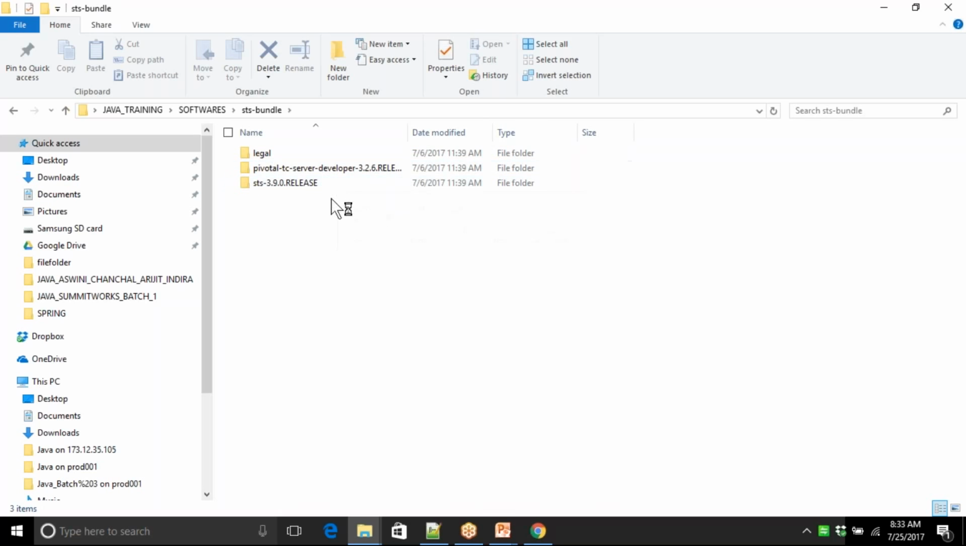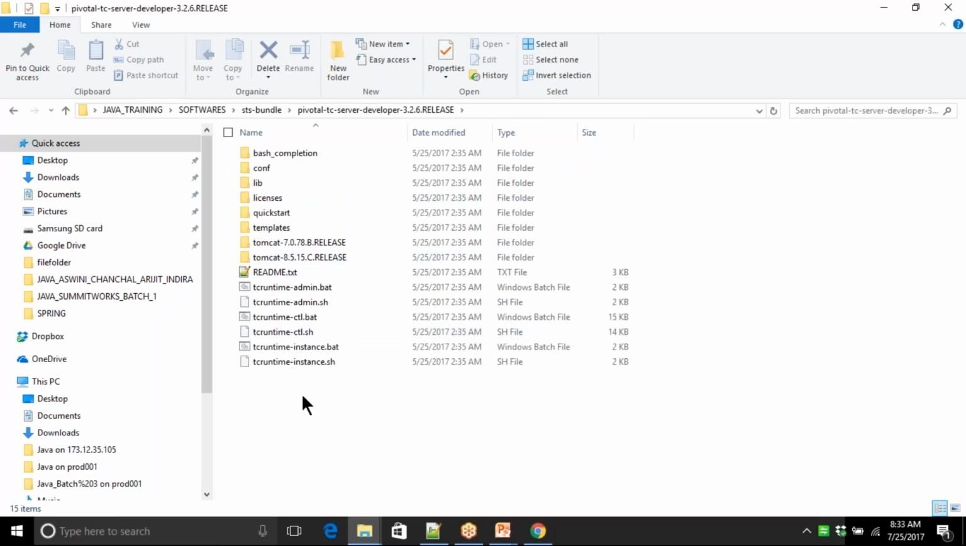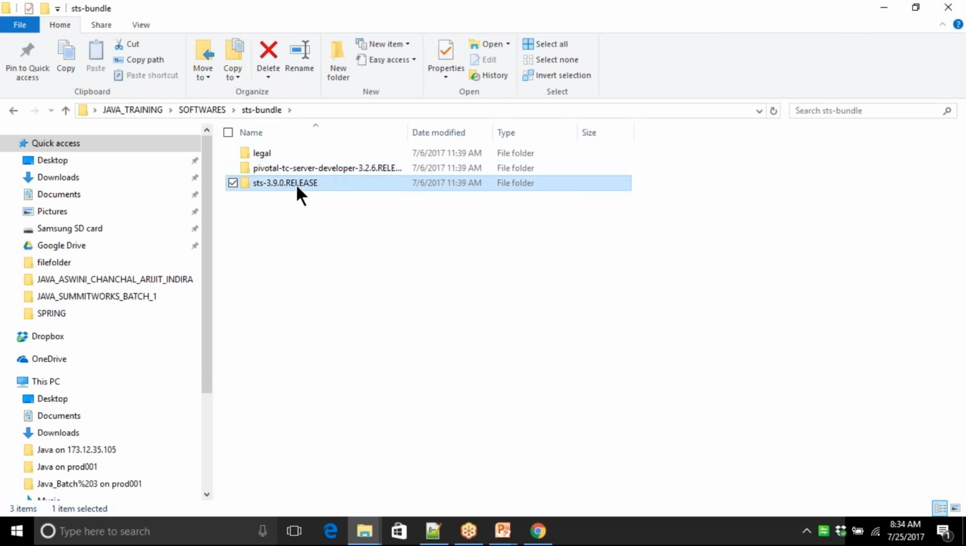legal, pivotal, and some others. It comes with the built-in server also. That is the Pivotal related server, and the server related libraries and everything will be a part of here. Internally it uses Apache Tomcat 6, 7 and 8 versions. That is the server related software, and your actual IDE will be sitting under this folder, the STS